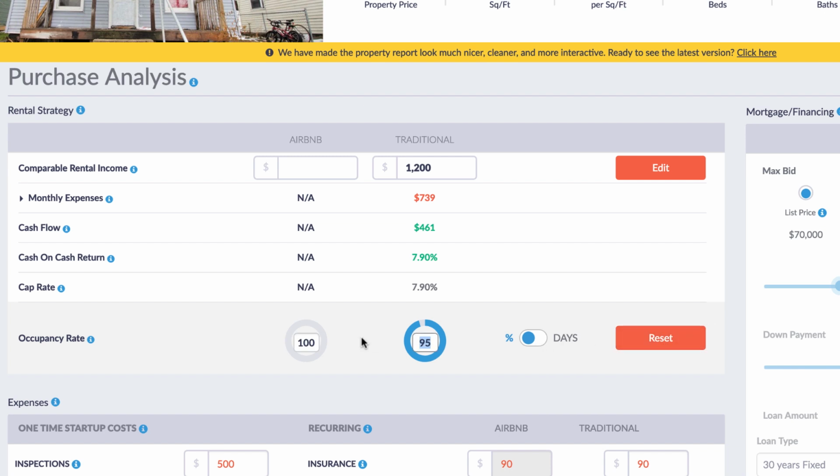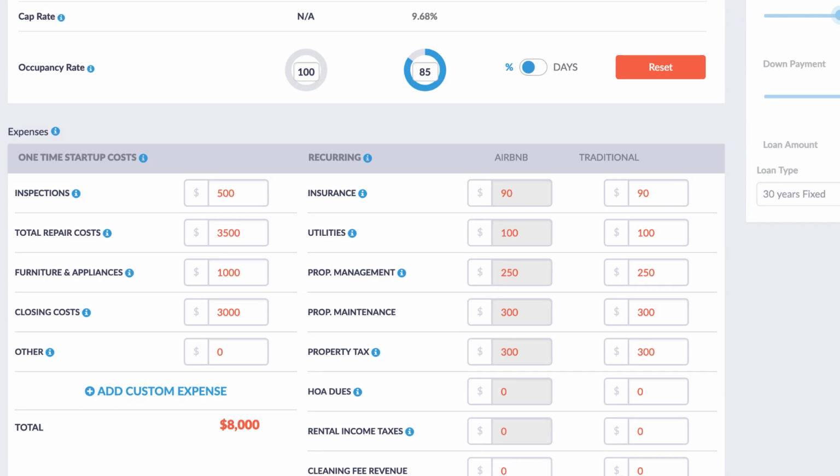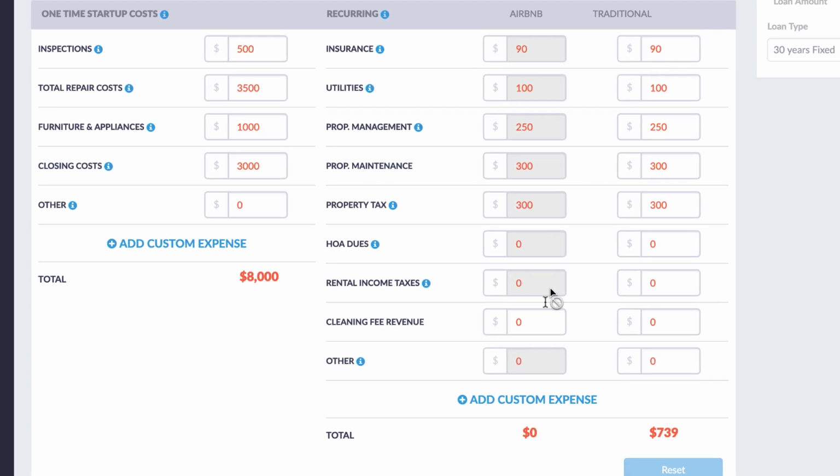We could make this be whatever we want it to be. Let's suppose the market was significantly worse at this point, or we just want to plan for that potential in the future. We could see what it would look like in that scenario. And then everything else is going to change based on that change we just made. We can make any changes we want to in this section.